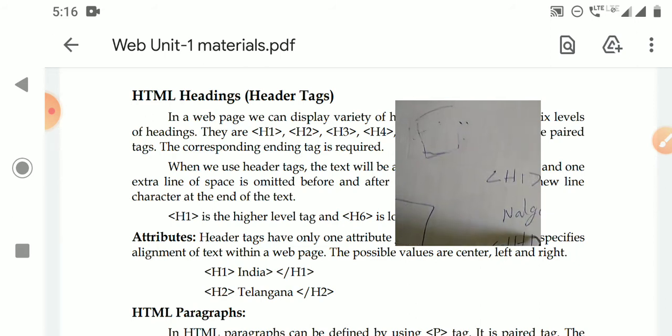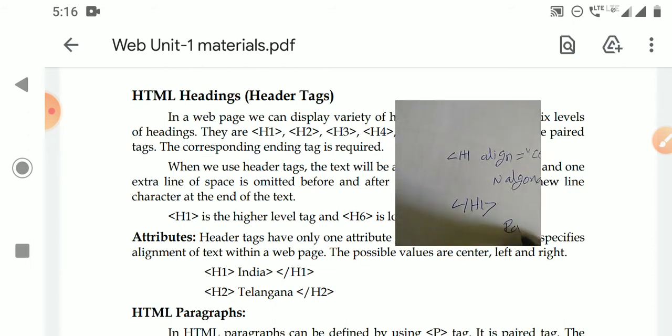Next, I want to display the heading in the middle of the web page. At that time we write H1 space align is equal to center, then Nalgonda, then close the H1 tag.